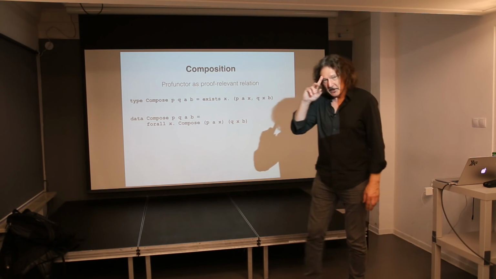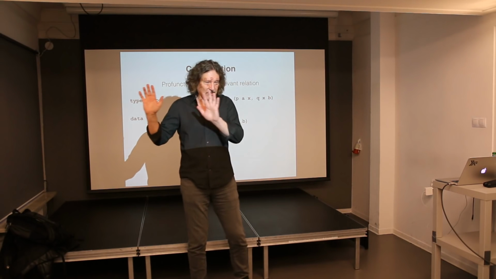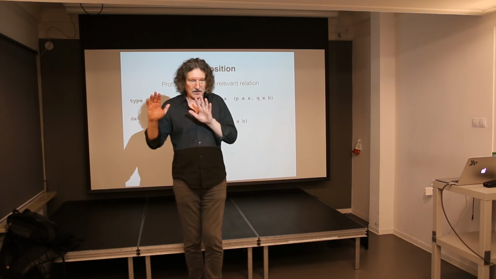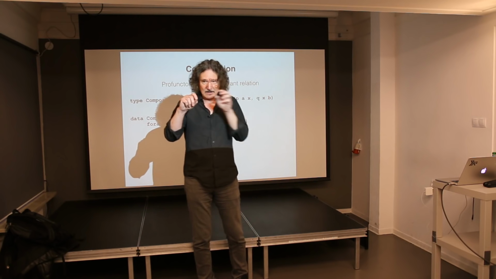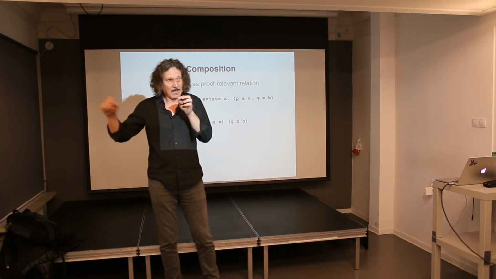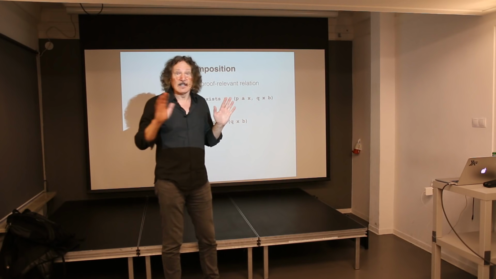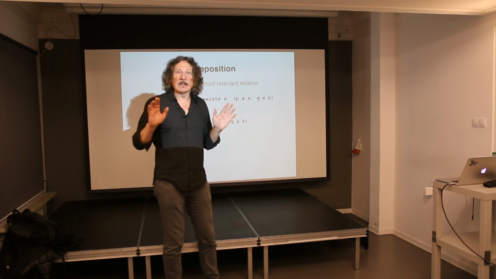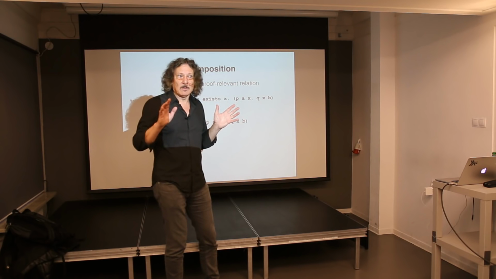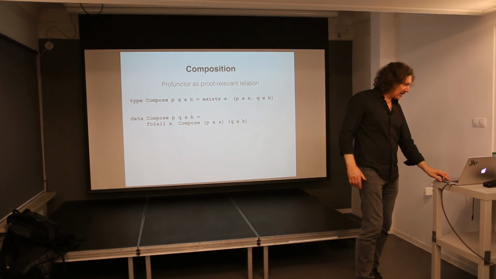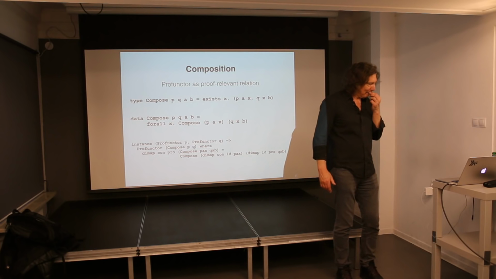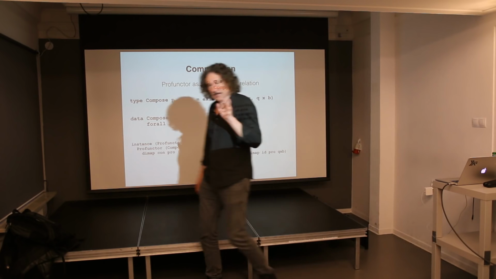And now look what I'm doing. I'm moving you away from this one view to this other view in which profunctors work like arrows between things, right? This is an arrow connecting A and X. This is an arrow connecting X with B. So suddenly profunctors appear in a different guise. They appear as arrows or maybe morphisms or something like that, right? Okay, so maybe there is a category sitting there, right? But hold this thought,